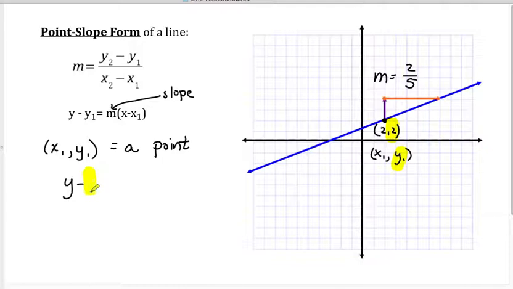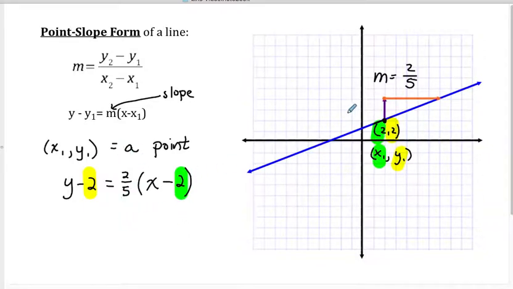So y minus y1, which is y minus 2, equals, the slope is 2/5 times the quantity x minus the x1, which in this case is 2, so x minus 2. And that's one way to write the equation of the line, where the point is (2, 2), and the slope